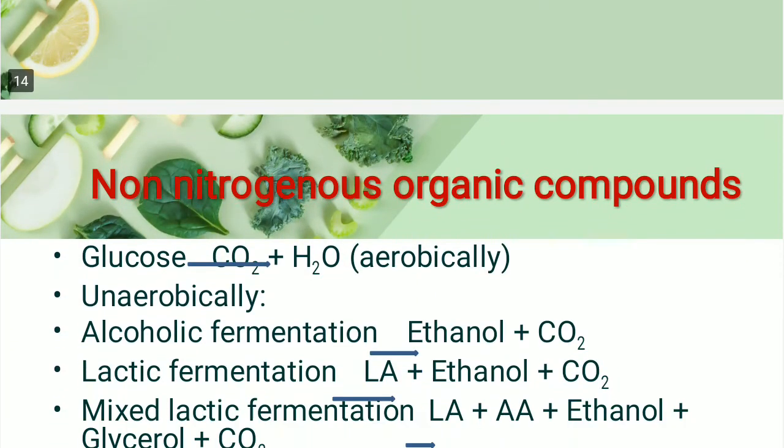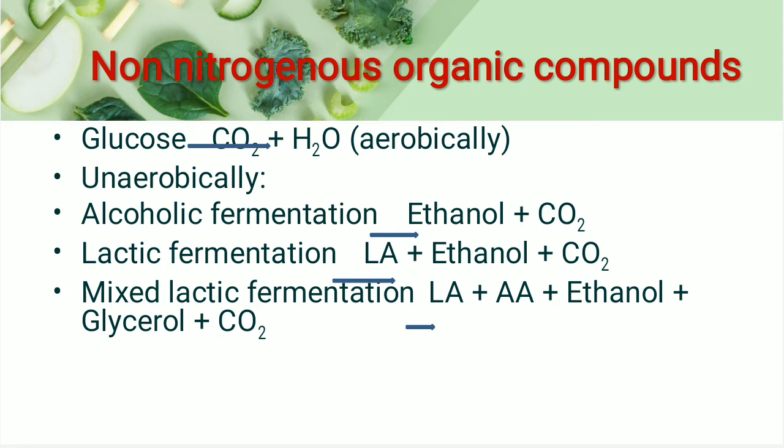Let us see what happens with non-nitrogenous organic compounds. The main non-nitrogenous food for our microbes, mostly used to obtain energy but also serving as a source of carbon, includes carbohydrates. I had spoken about these things, the simpler ones, when we were discussing the intrinsic factors, right? So carbohydrates, organic acids, aldehydes, ketones, alcohols, glycosides, even cyclic compounds and lipids, these are all the non-nitrogenous organic compounds which microorganisms depend on as different sources.